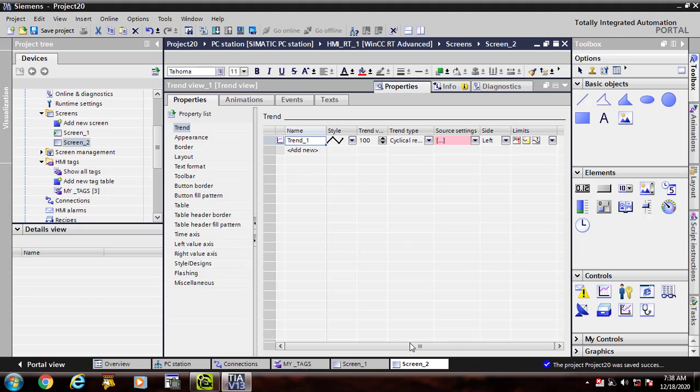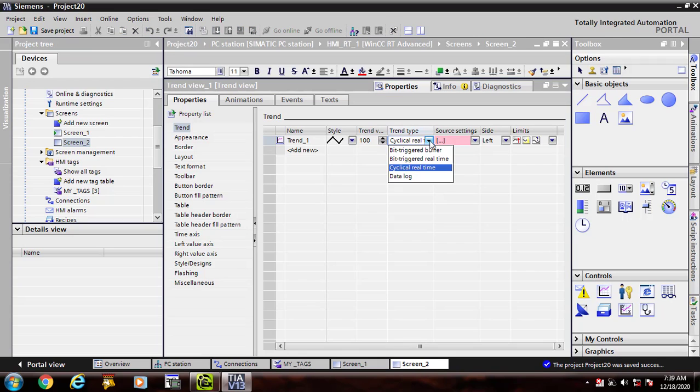This is trend 1. You can change its highest value to 100.